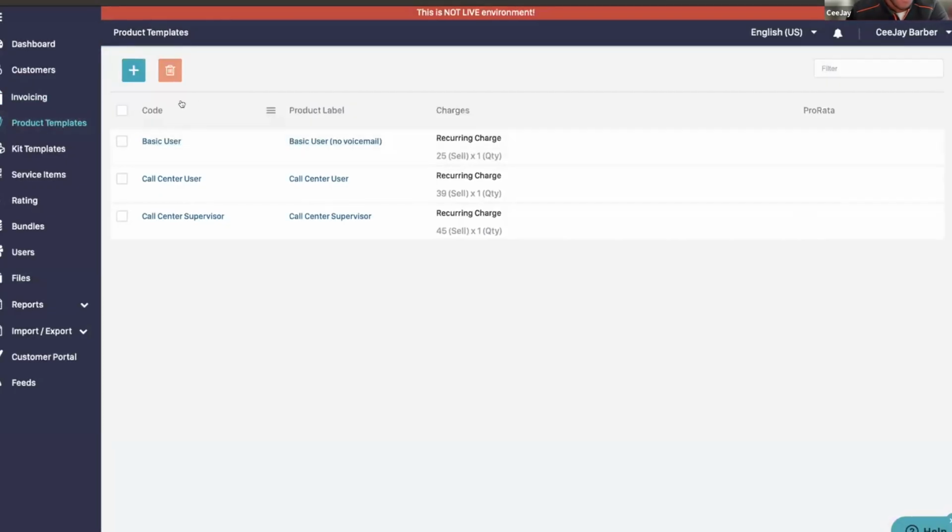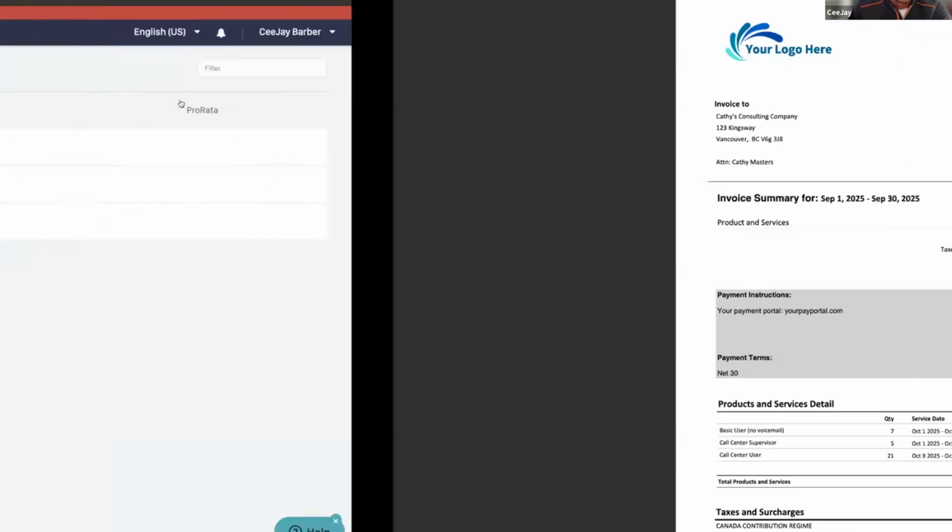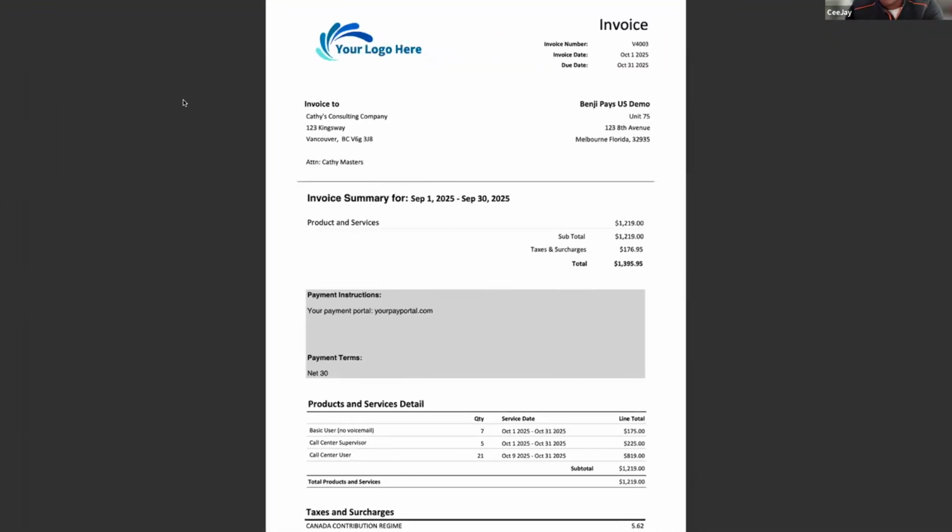You also can see the product catalog holistically, not just on the customer level, and control that information on what you're charging the customer. But after all that information is collected by Datagate, the CDRs are coming through and all the usage is calculated, and you guys are ready to create an invoice to get that CDR to cash process ultimately finished. This is what an invoice is going to look like coming out of the platform.